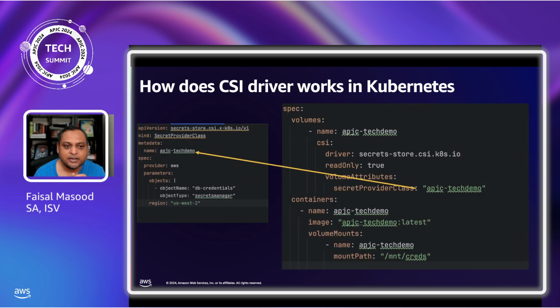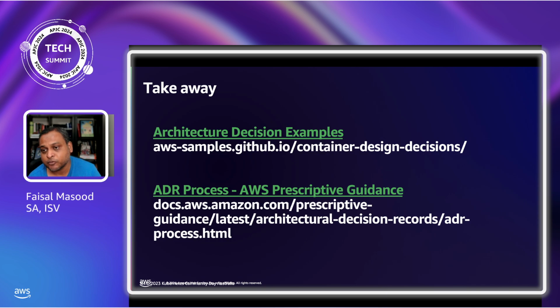And then in the pod definition itself, you can see here we have a volume. So we have a CSI volume, and for the CSI volume, we just say that it will come from the secret provider class, which is the tech demo, the name of the secret provider class you can see on the left hand side of the screen. And then it will be mounted. So it will mount it as JSON, and the application can read all the username and password of the application. So this is the second ADR, which is explaining how the CSI driver will be used to load it.